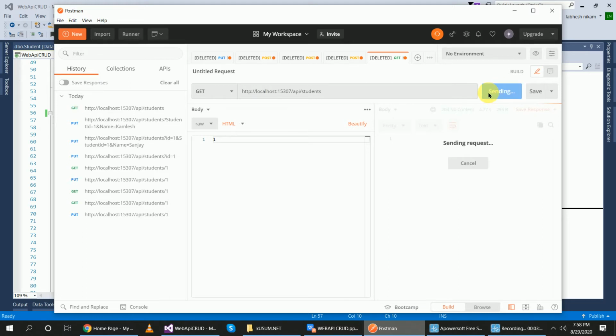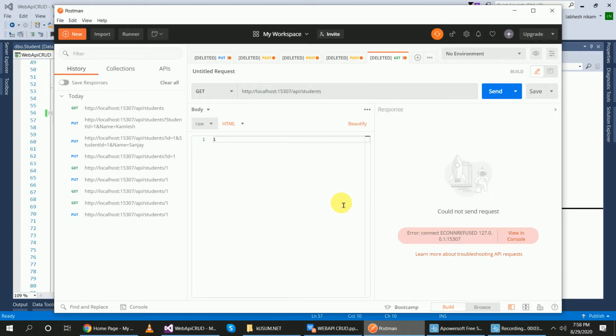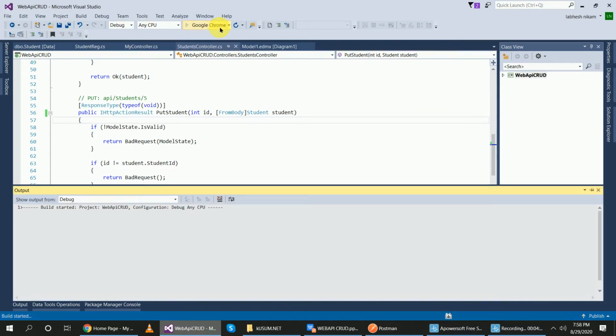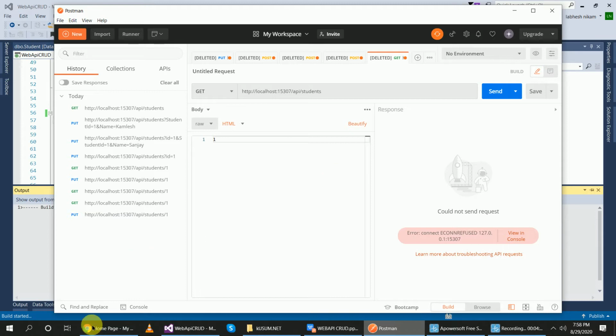I have put a request to get all the data from the students API controller, but here I have submitted because my application is not running and not built, so it doesn't give a reply.